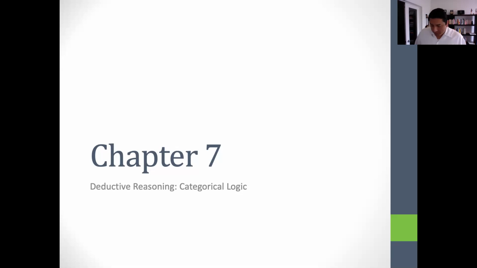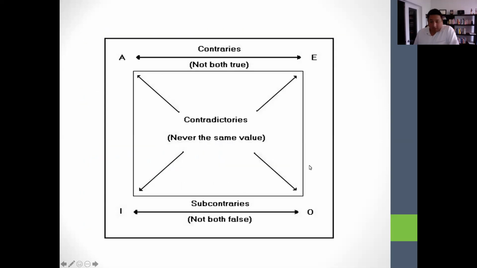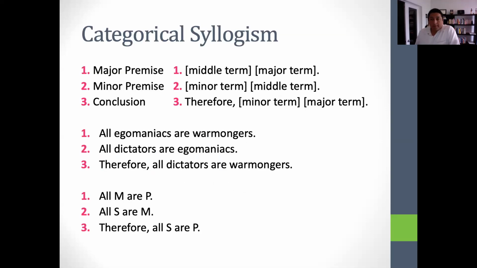Okay, and so what we're doing in this section of the chapter is taking up how to assess the validity of categorical propositions. And we're going to be using some of the same evaluative concepts. We're dealing with deduction in this chapter. We've also dealt with deduction when we did propositional logic. Deduction also pertains to